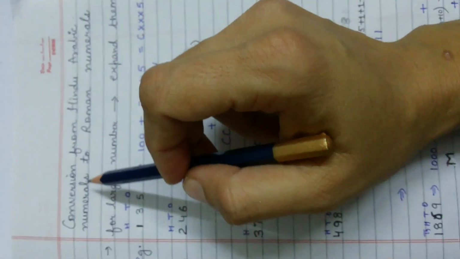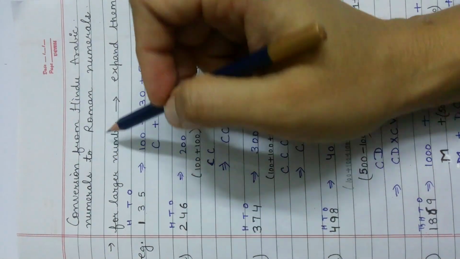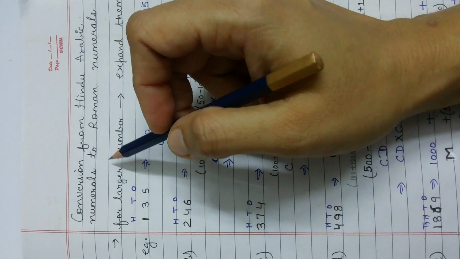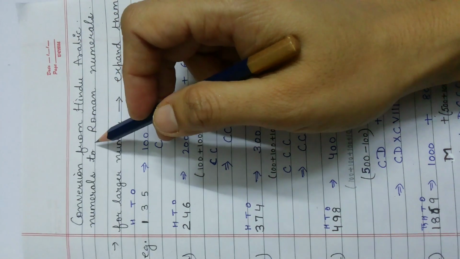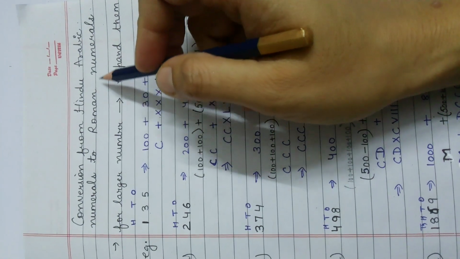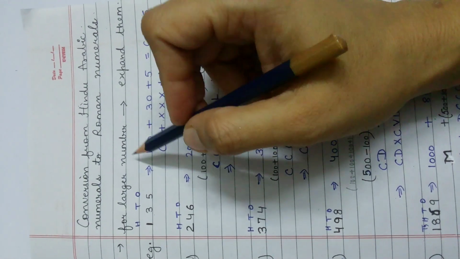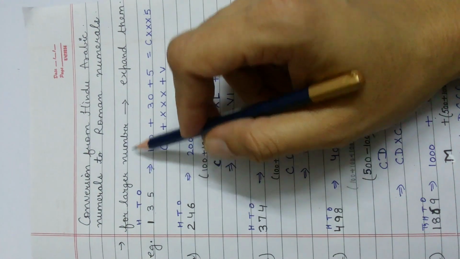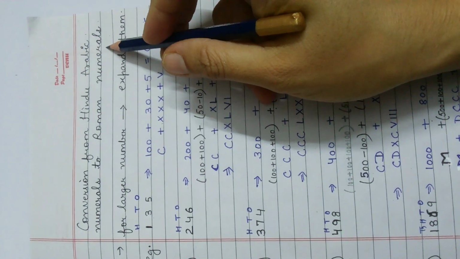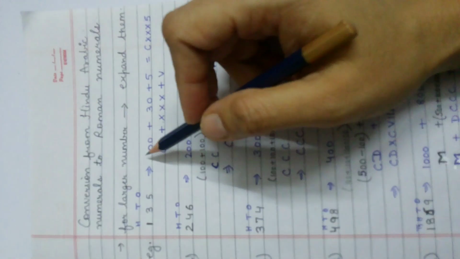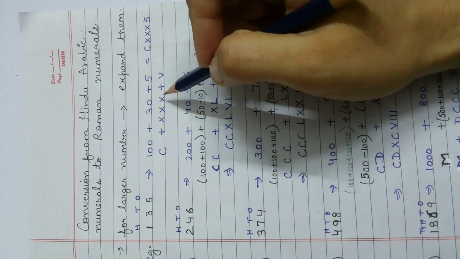Today we are going to understand the conversion from Hindu-Arabic numerals to Roman numerals. Children, in our previous lecture we have understood the rules. There are three common rules to form Roman numerals with 7 symbols. Now we face a problem when we have to convert a large, bigger number into a Roman numeral. So you can follow this process and it will help you to expand and write the number.